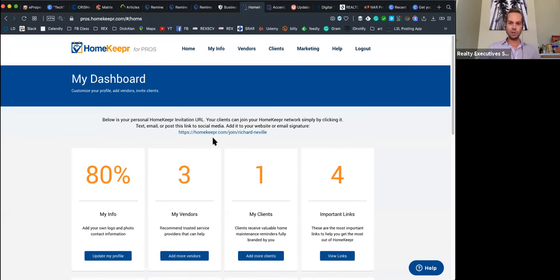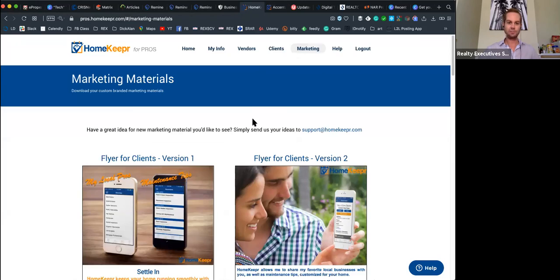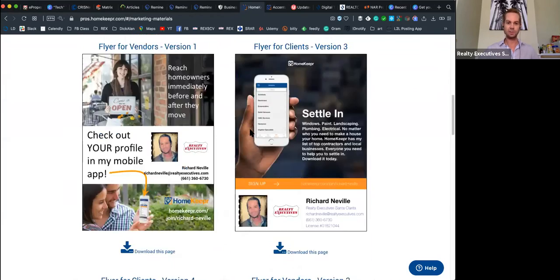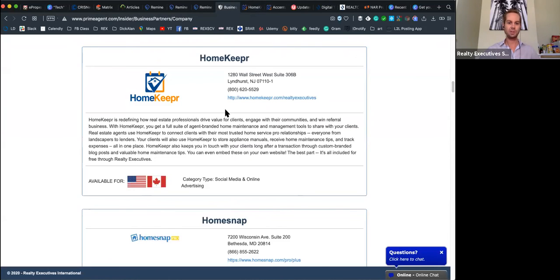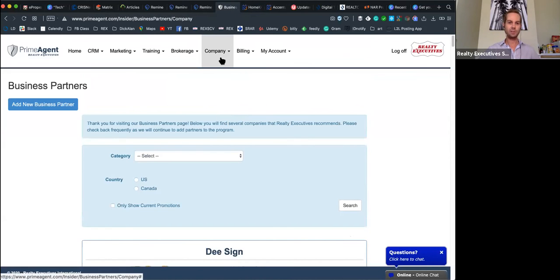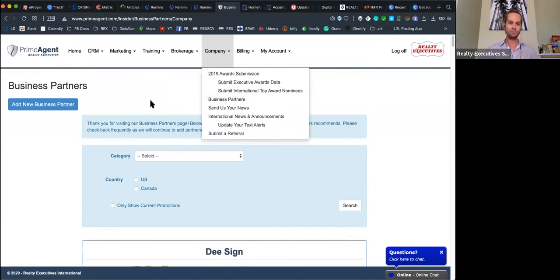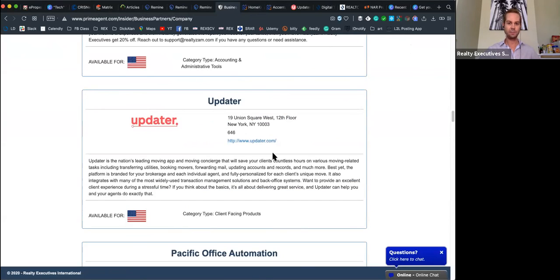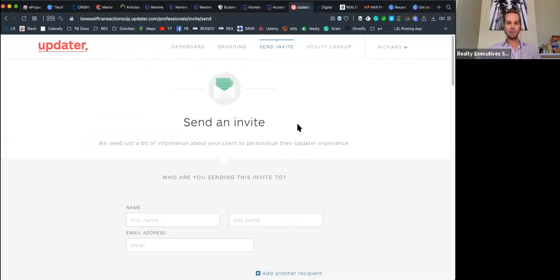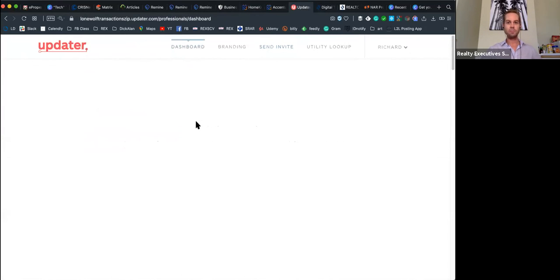All right. Obviously there's more to all this stuff, but in that marketing section there are flyers and all sorts of stuff, so you can go through and play with that. This is a free account available to you through the business section of Prime Agent under company, business partners. Then you'll also see in here the updater. Updater, like I mentioned earlier, is a way for you to